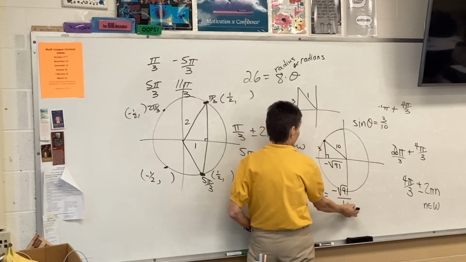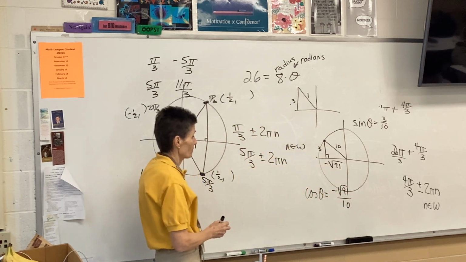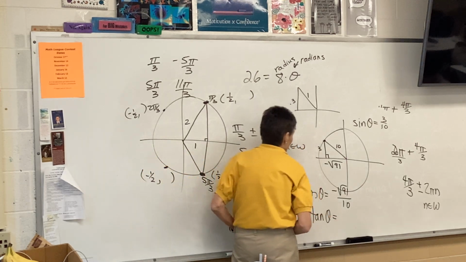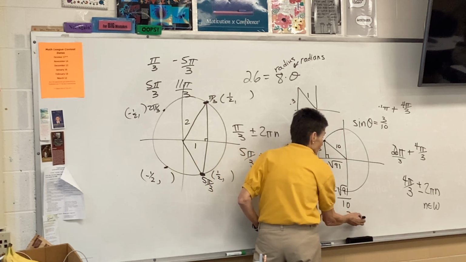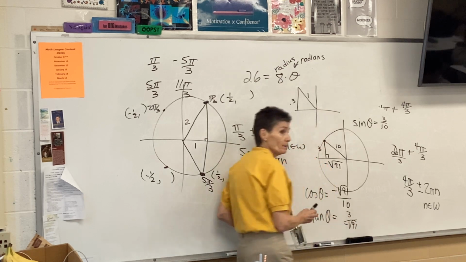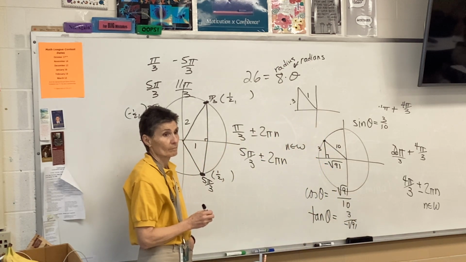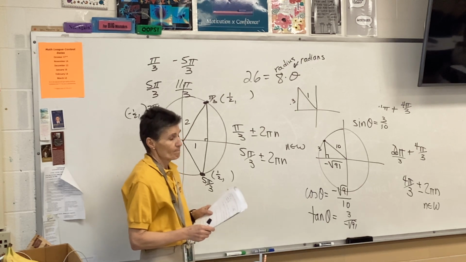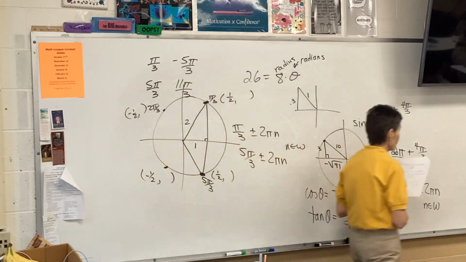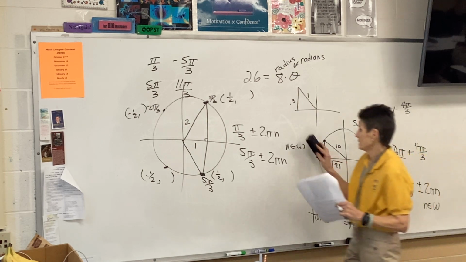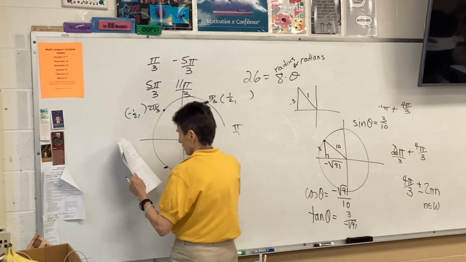Adjacent over hypotenuse. And what's the tangent going to be? Opposite over adjacent, so 3 over negative root 91. Was it necessary for them to tell me which quadrant this was in? Yeah, because without knowing which quadrant it's in, I can't get my positives and negatives right. So, yes, that was good that they told me that. All right,